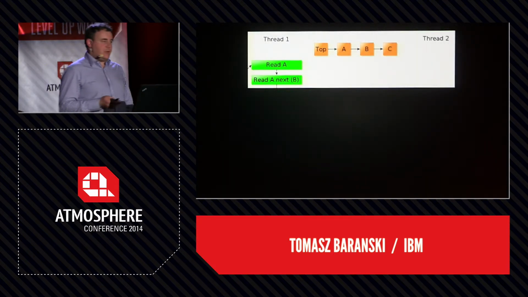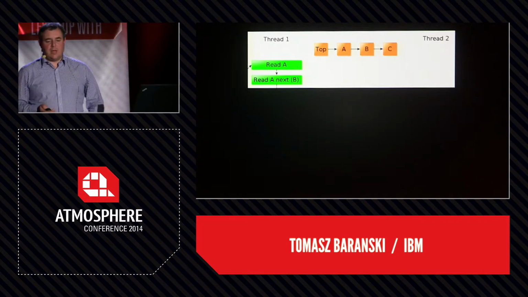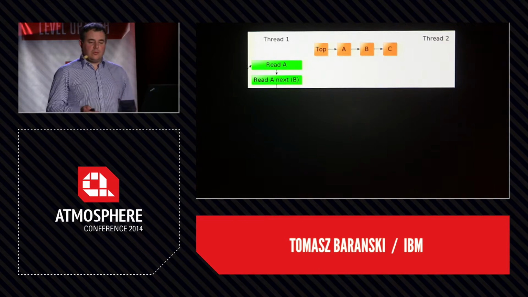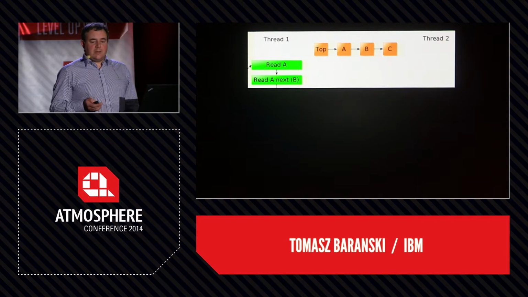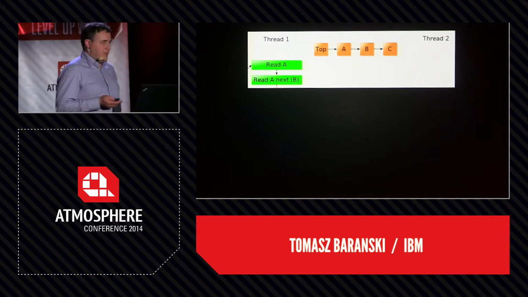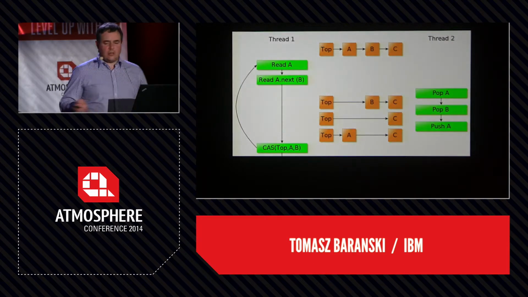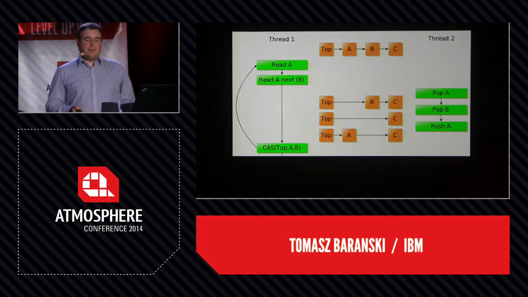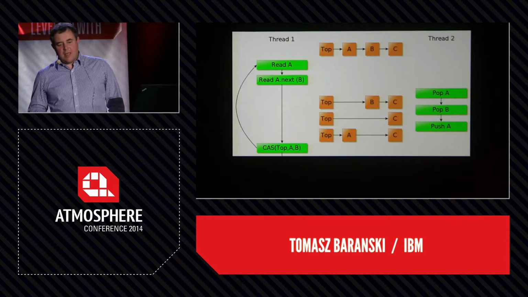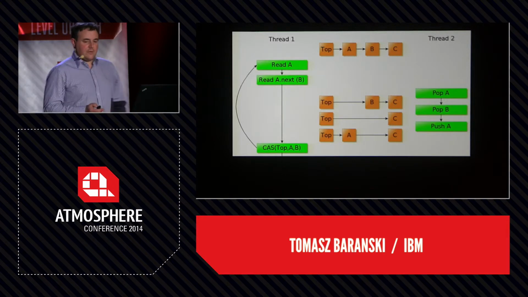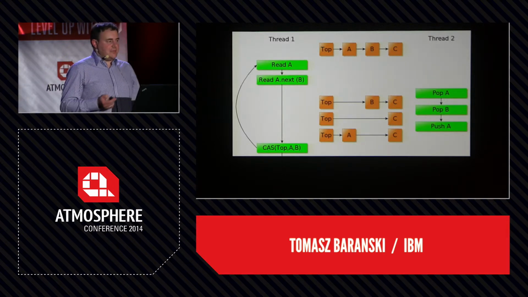So let's have one thread doing that, and another thread doing other weird things. The first thread was able to execute the first two instructions. It knows what the top is, A, it knows what the next element, B, is, and then it gets descheduled. And the other threads do a lot of things in the meantime. One pops the first element, pops the second element, and then pushes the first element back. So at the end, instead of the stack being A, B, C, it's A and C.